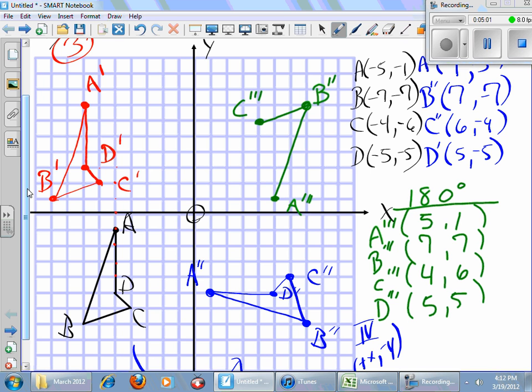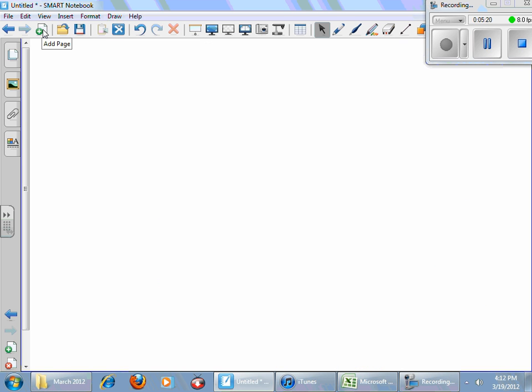All right. And then D is at 5, 5. 1, 2, 5. 1, 2, 3, 4, 5. And there is D triple prime. And then there we go. We're done. Now remember that when we're reflecting about a line, say like y equals 2 or x equals 3